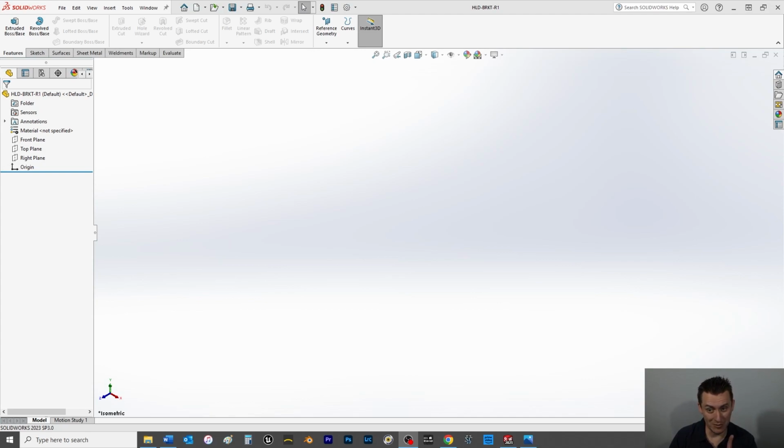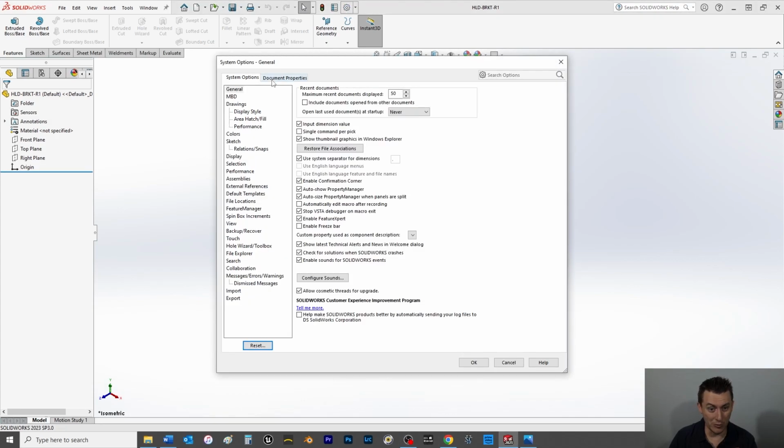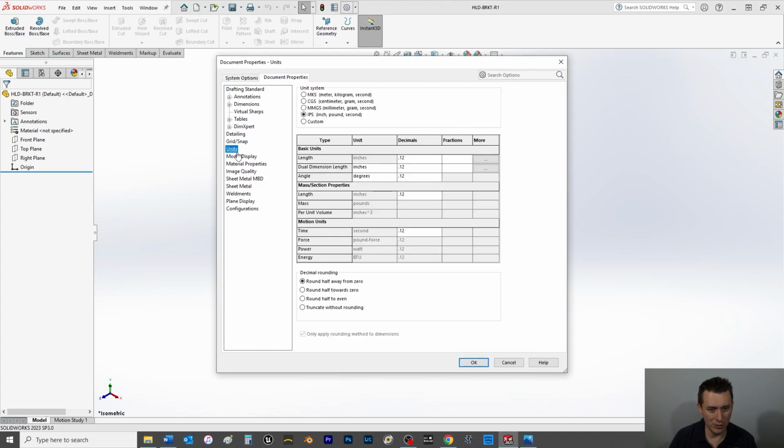First things first though, this is in millimeters, so we're going to come up here to our little option gear, go to the document properties tab, choose units, and select millimeter gram second, and click OK. Then we'll wait a moment,